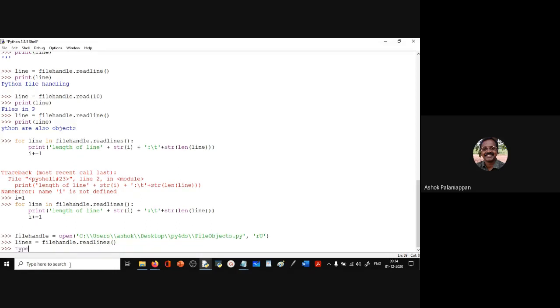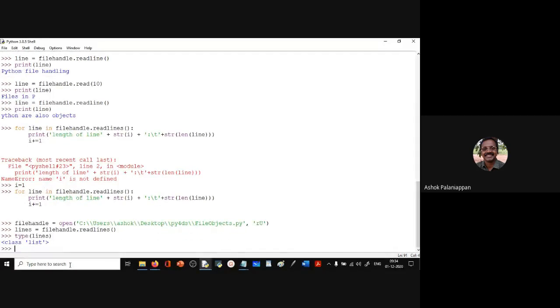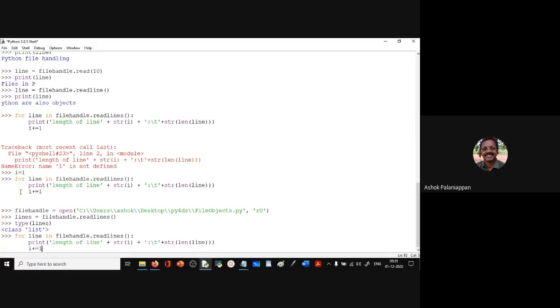Okay. Now let's say type of lines. Let's see what is the type of lines, isn't it? Only when we do this, we really get a clear picture of what the structure of lines is. It's a list. See, it's a list. So now, the list is returned by readlines. This method returns the list. So now what we can say is, I'll go here and do this, and I have to say for line